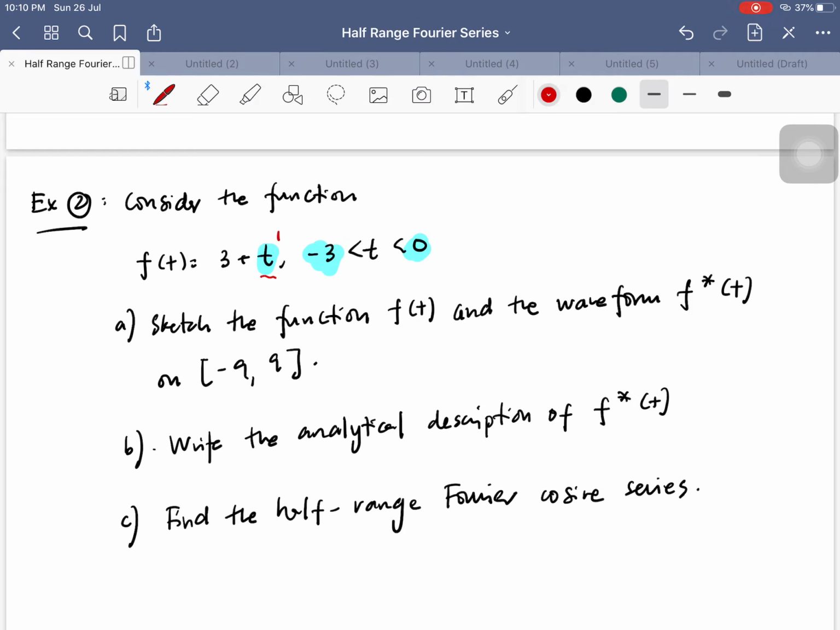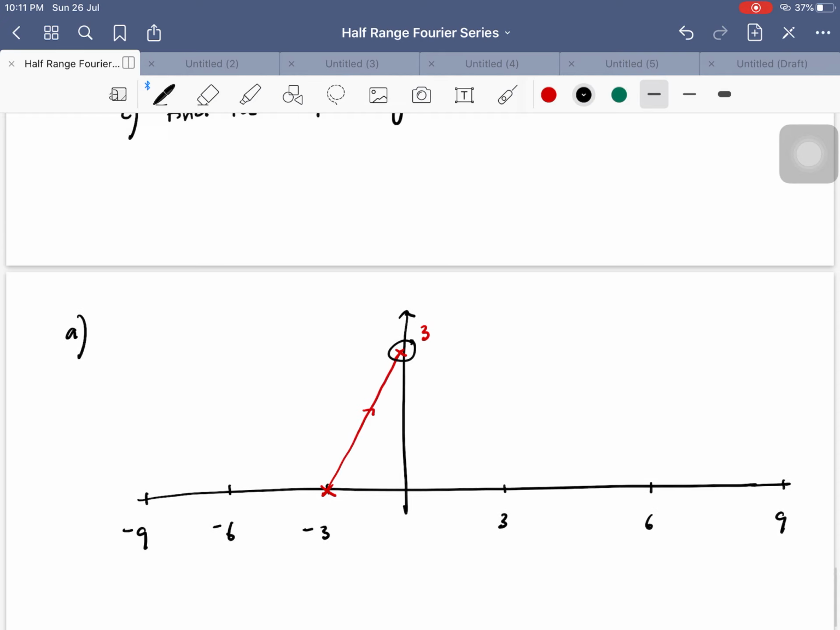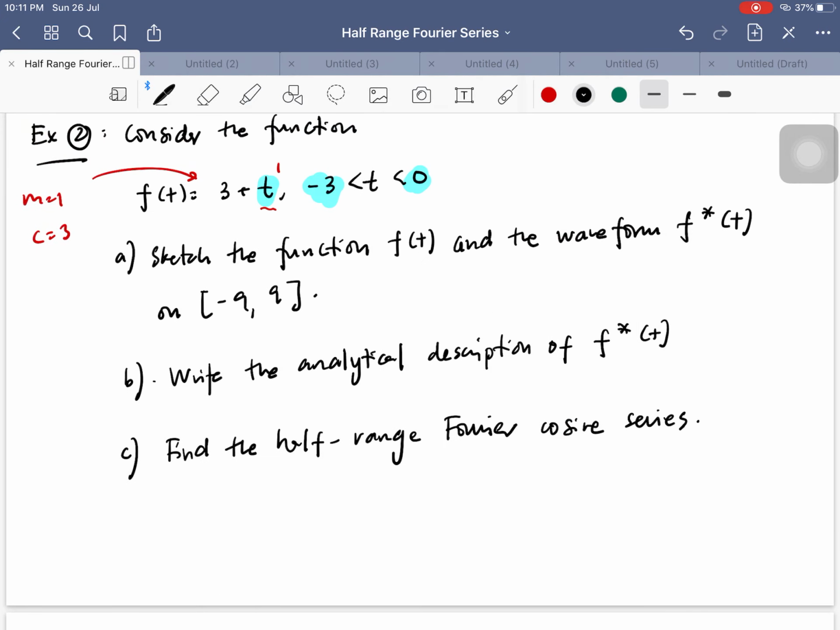Here my gradient value m is going to equal 1, and my intercept value is going to equal 3. So this is what happened over here. My graph is going up and it is intercepting at the value of y equal 3, or f star t equal 3. So it doesn't matter. Alright, so next, we know that the periodic function